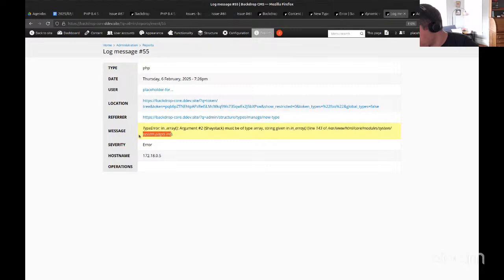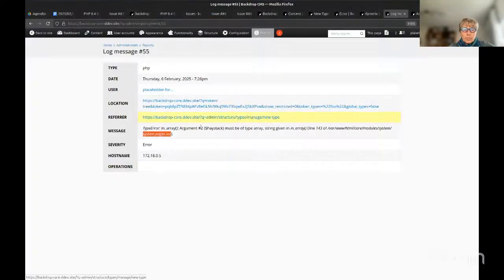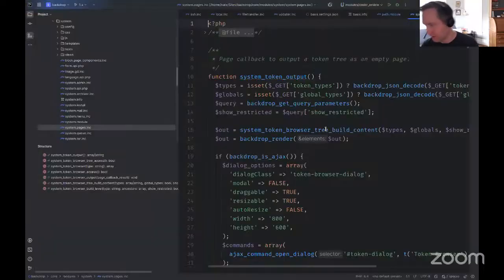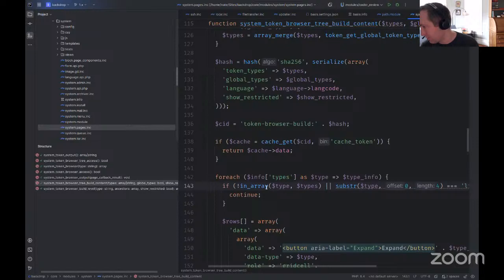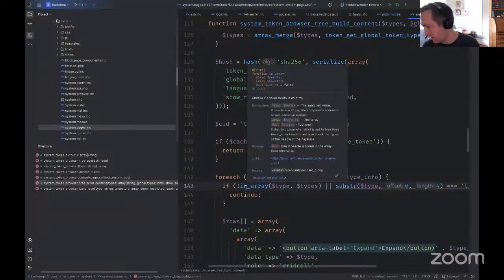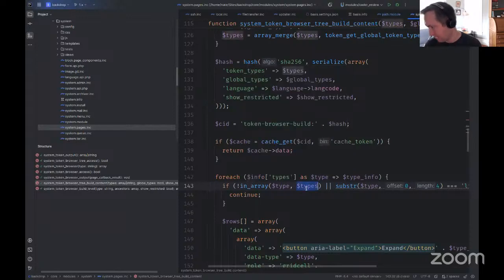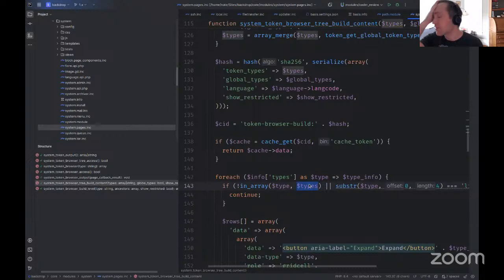So what I would normally do in this situation is go to the place where it's reporting the problem, system pages, and line 141. And it's saying that haystack string given. So in needle haystack, types is not an array here. And as a, you know, just